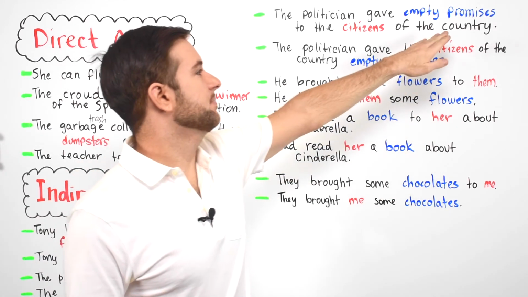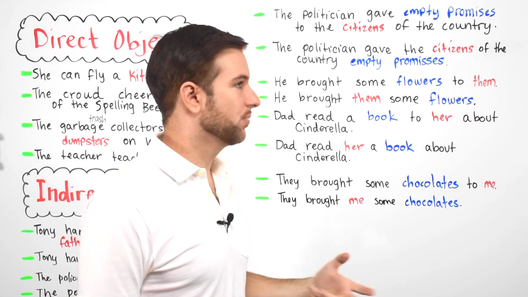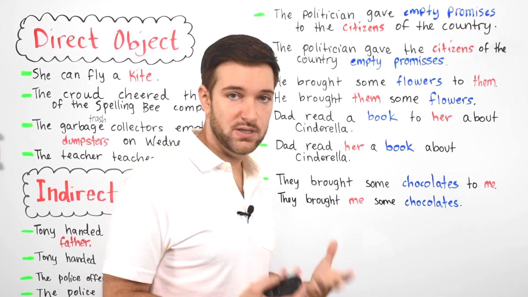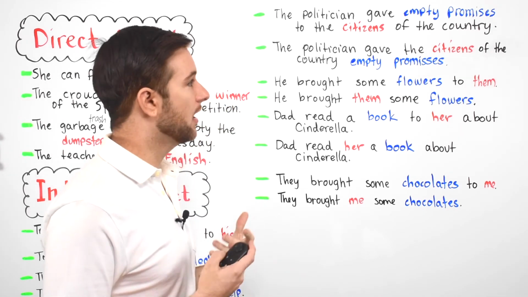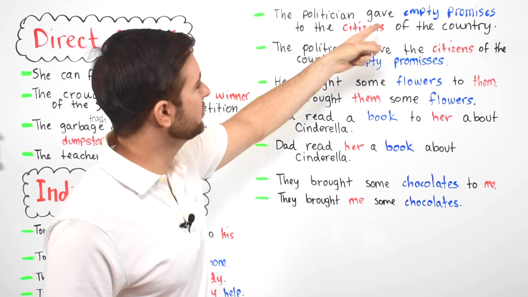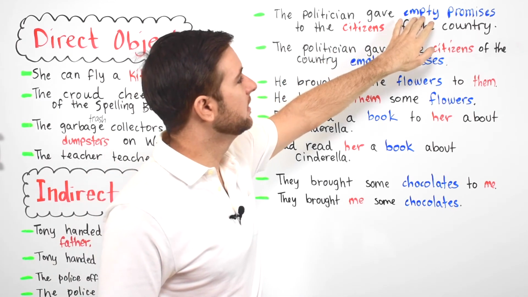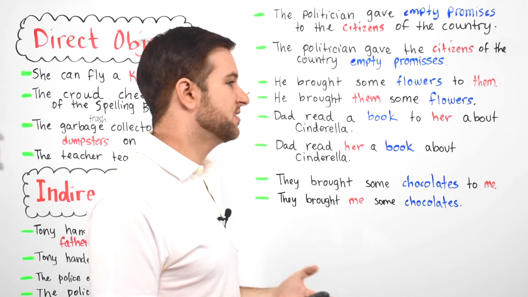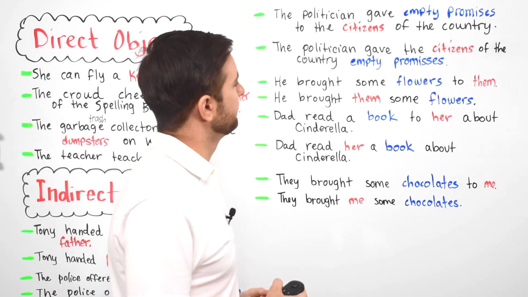A promise is something that you make, right? You make a promise and you keep it. A promise is when you tell people that you're going to do something. I promise you that I'm going to do X, Y, and Z. But the politician gave empty promises, meaning he lied, okay? It's not for real. He made a whole bunch of promises, but he didn't keep his promises to the citizens